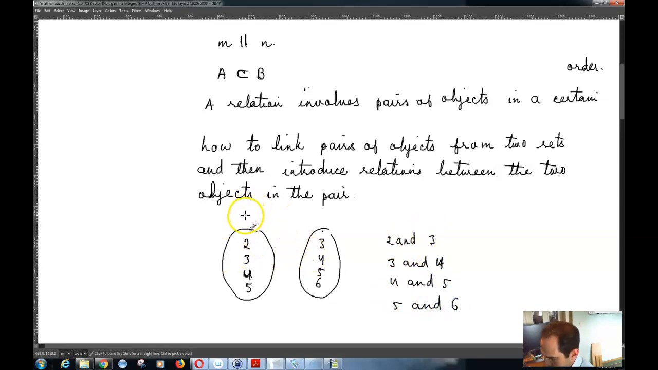You can call the first set, for example, set A. The second set you can call set B. And then this would be a pair which has been taken from these two sets. So now